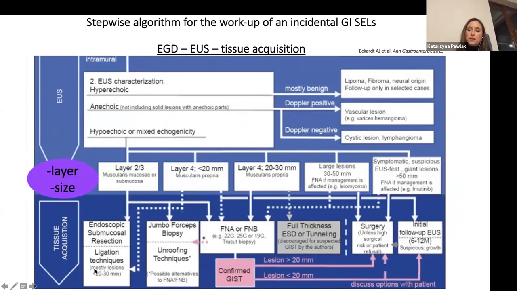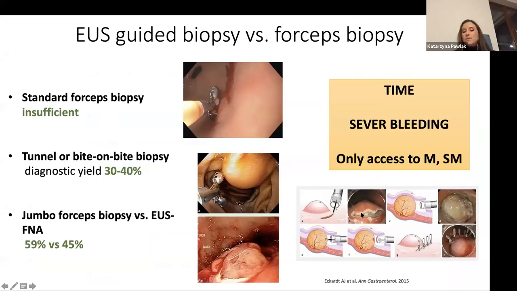So some of them can be referred to jumbo forceps biopsy, also to endoscopic submucosal resection, but also we can perform FNA or even FNB, and also refer the lesions for surgery if there is an indication. However, in current data, we can observe that you can perform the standard forceps biopsy, also tunnel, and even bite-on-bite biopsy as ESGE recommends. However, these types of biopsies have a different diagnostic yield and sometimes are time-consuming,